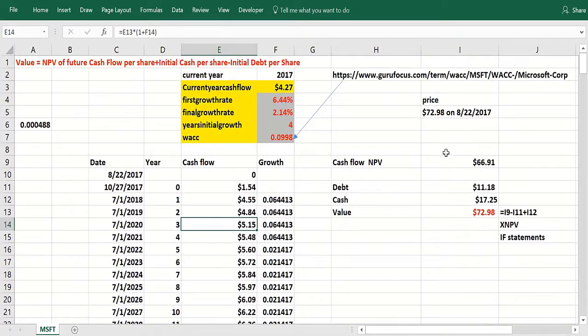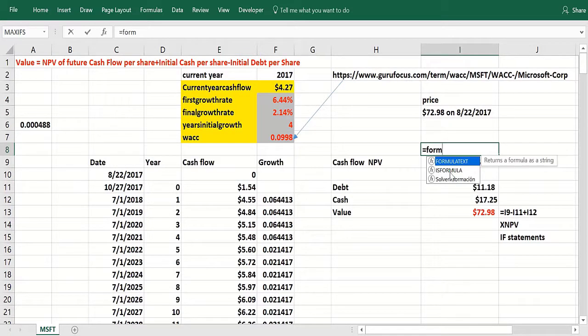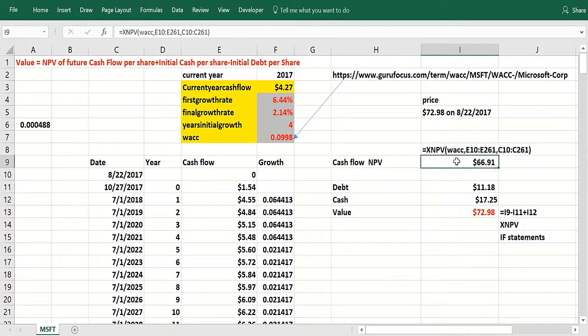Now to get the NPV of the cash flows, these are irregularly spaced cash flows, and we put it at 0 for today's date. The XNPV function will show you the NPV of these irregularly spaced cash flows as of the first date on the list, which is today. So you put in the WACC, then you put in the cash flows, and then you put in the dates. So we get 66.91 here for the cash NPV per share of the future cash flows of Microsoft